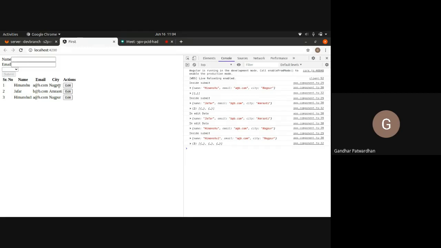Is it clear what is the problem in this? Right, because we want to edit Himanshu's row, right? What should happen is that the array has two elements. Amongst that, we need to find which element has the name Himanshu, and it should edit that particular element. To do that, I'll use a very simple way. What I'll do is in my edit data function, I will pass an index. I'll also pass the index of the row which is getting updated.